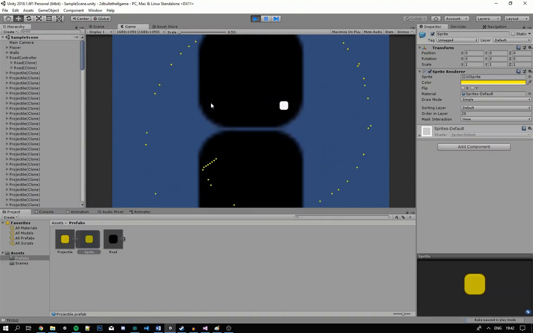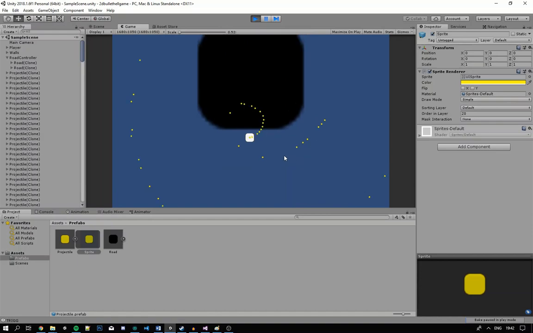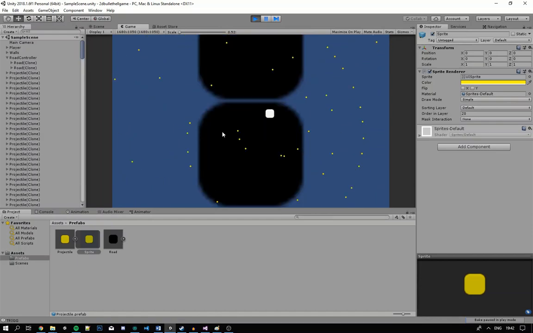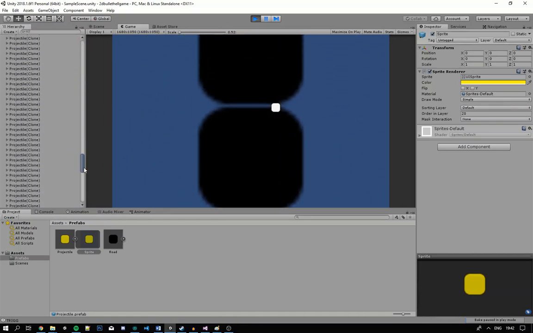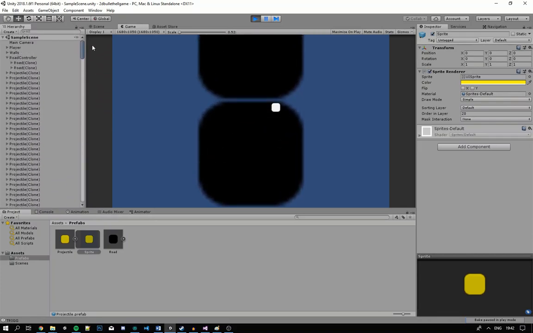Of course, it's not perfect because we are firing every single frame, and this can get a bit laggy, and the projectiles are not despawning, so we have this huge list of projectiles here. But these are things to